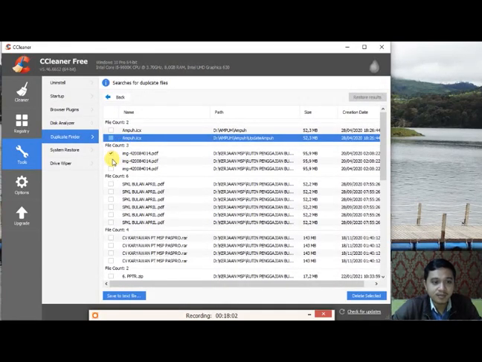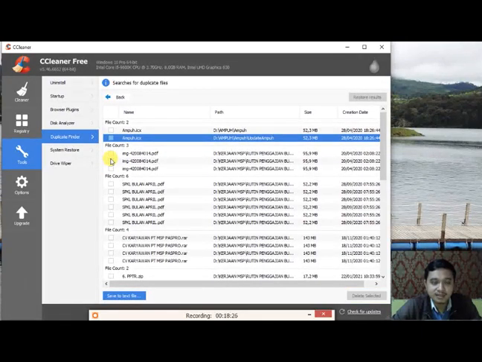I can check number 1, number 2, but when 2 other files are checked, we cannot check number 3. So one file will be left on the drive.